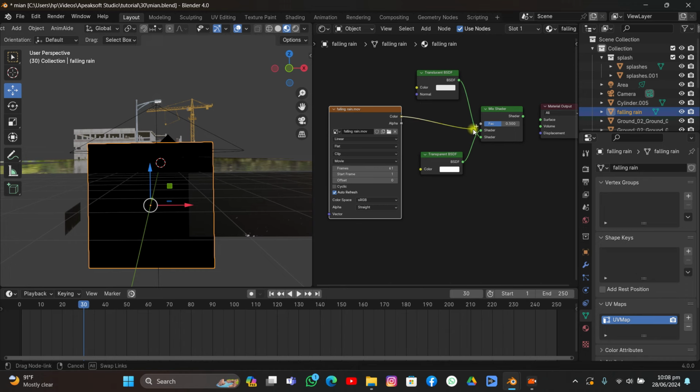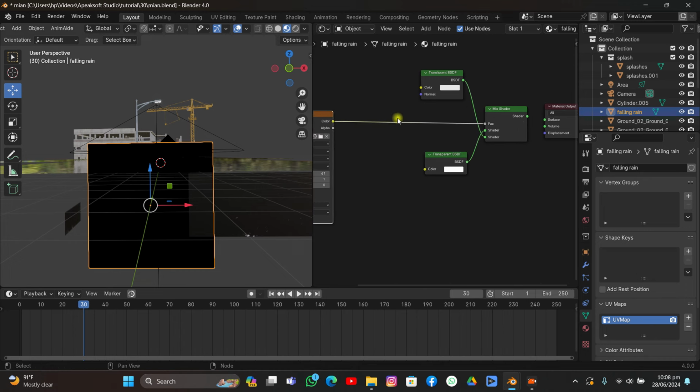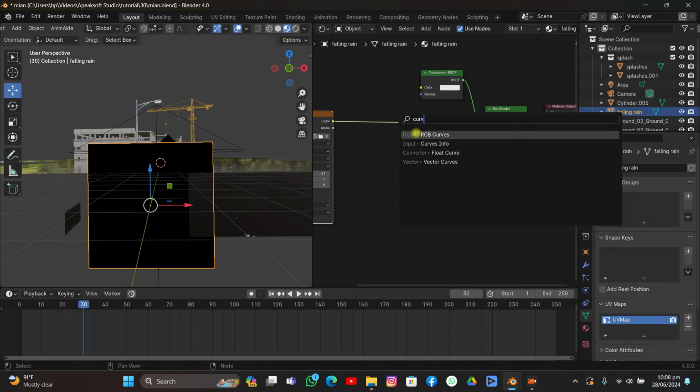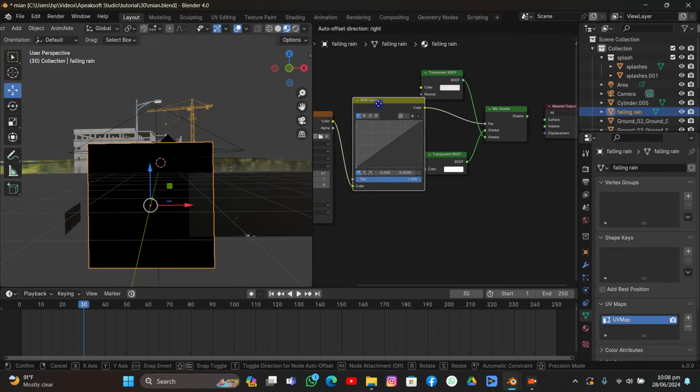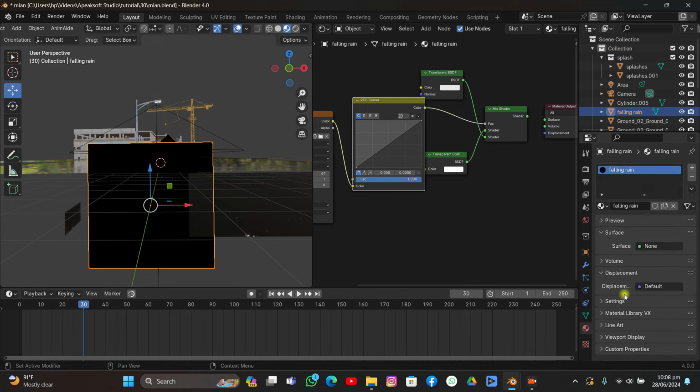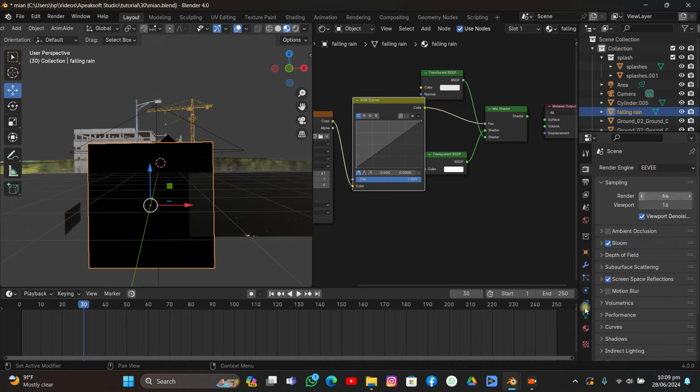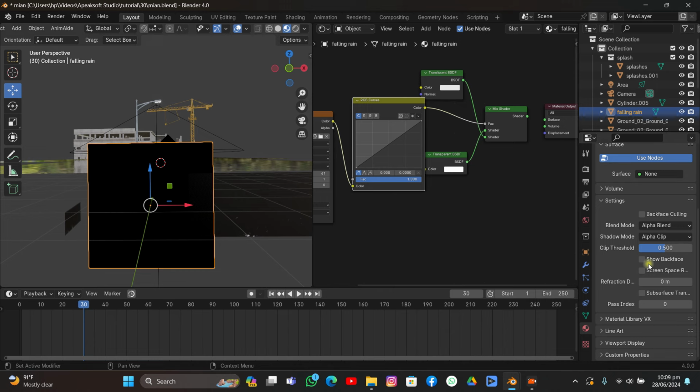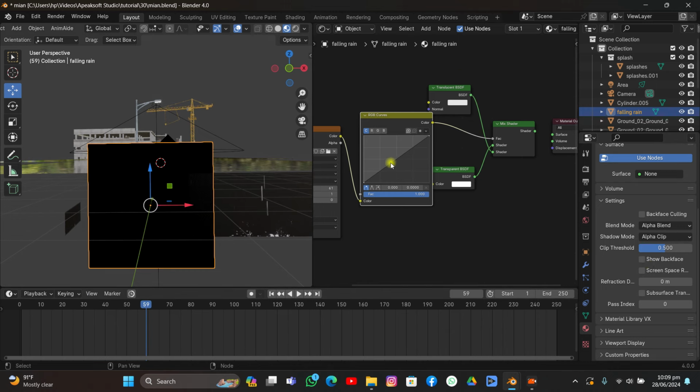And I'm going to grab the color into the factor right up on here. And I'm going to shift key. I'm going to add curves, which is the RGB curves in between those. And right now, if you go to material, I'm going to go to EV and go to material. I'm going to turn off the show backface. So right now, if we just invert those two,